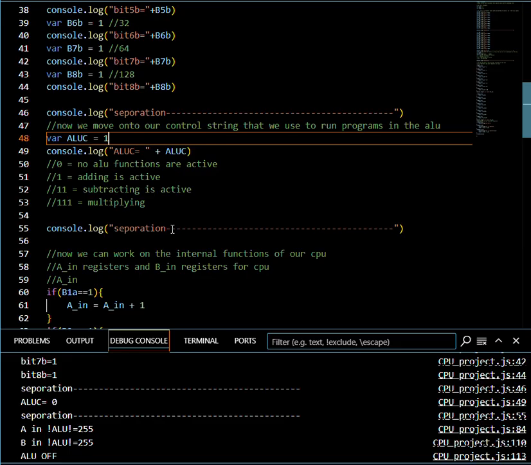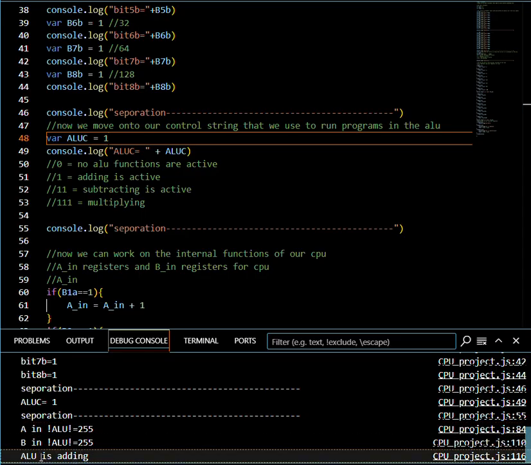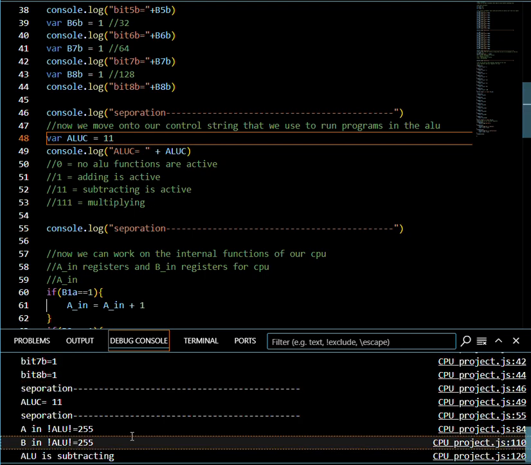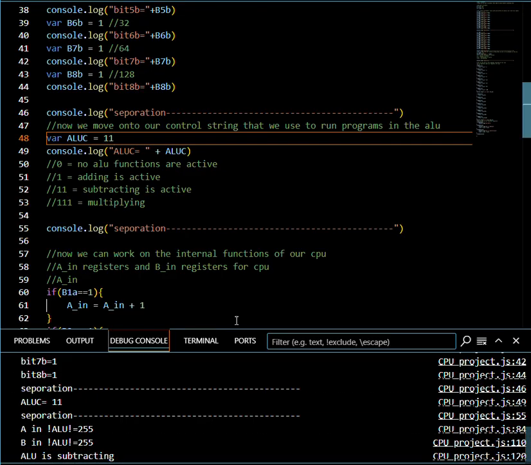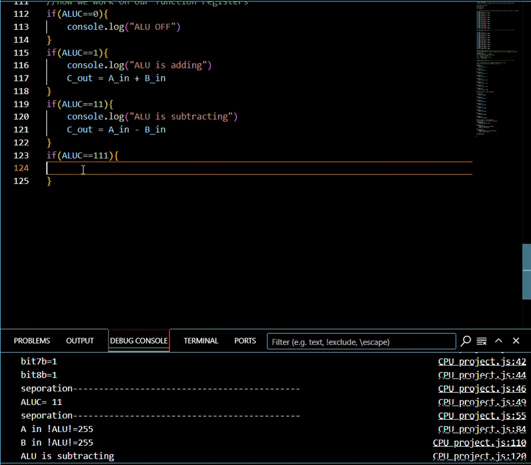when I press F5 to trigger the reaction. Down here, ALU is adding. When I put in 1 and then press F5 again, ALU is subtracting. And then I need to set up my multiplier,